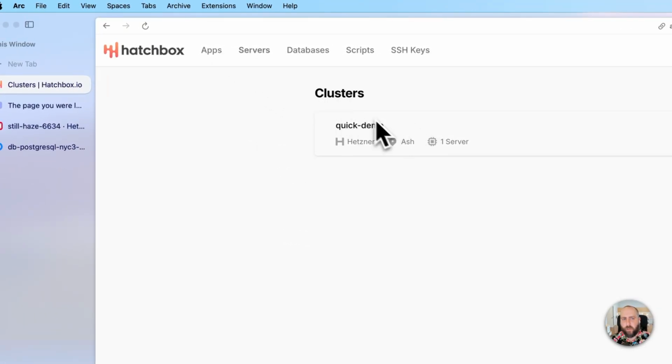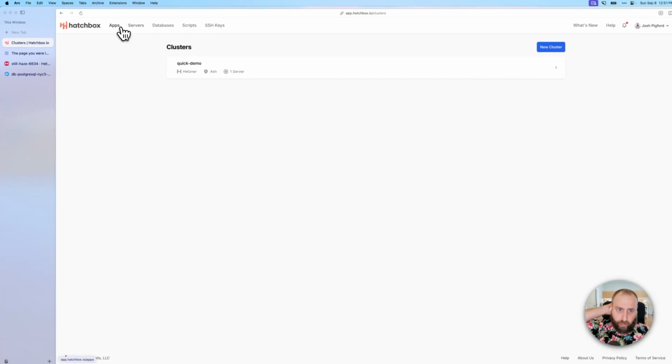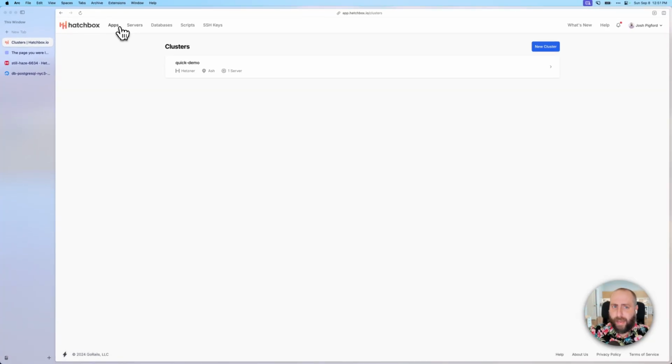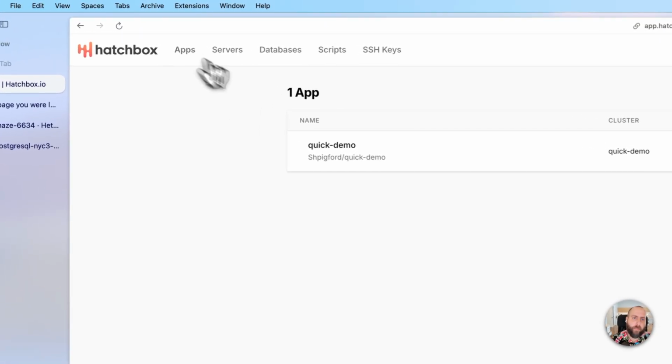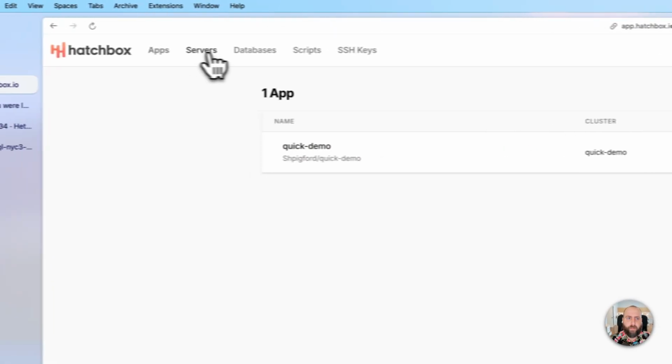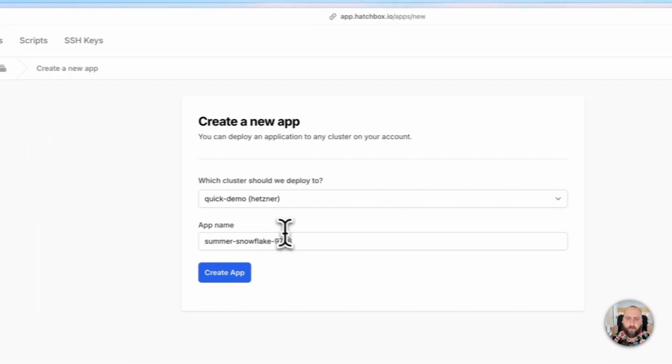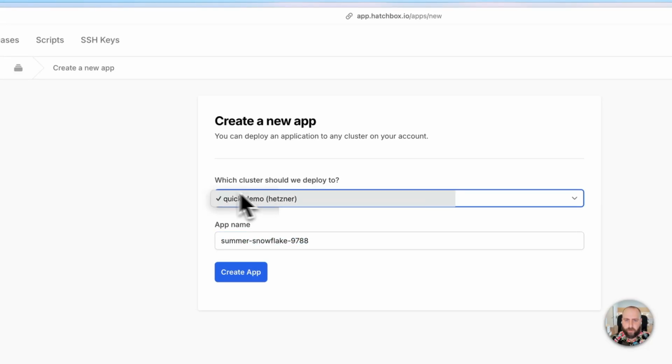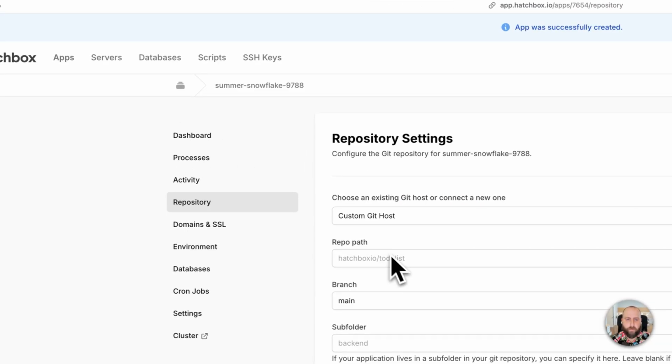After you've got that initial cluster set up, again, if you're wanting to just have one place to host a bunch of apps within this single server that was $4, just go through and create a new app. You don't have to do the servers anymore. So you'd create another app on this cluster. Let's see. Connect it to a particular repo,